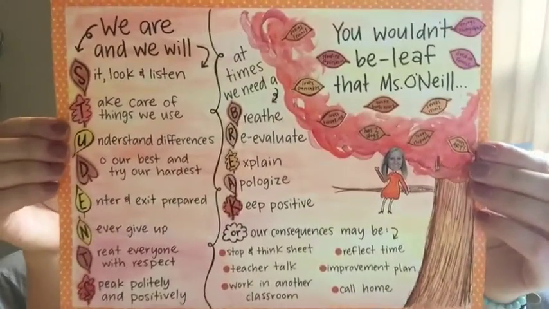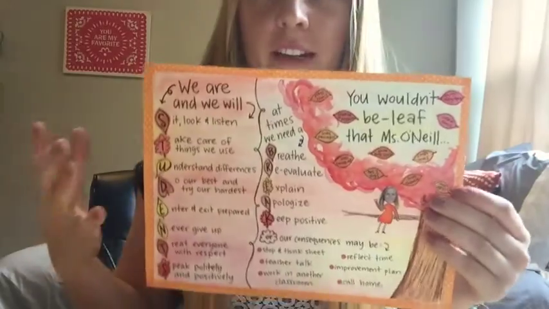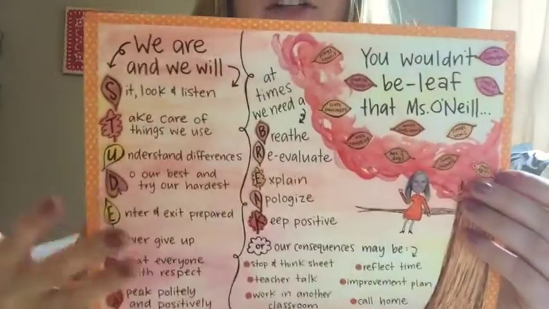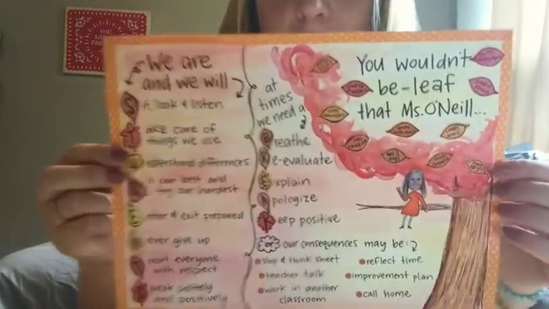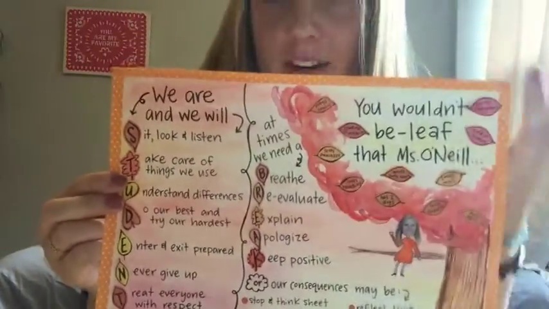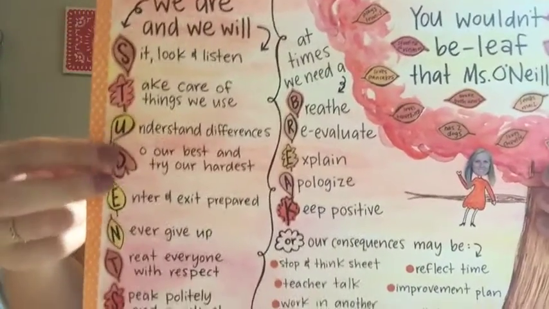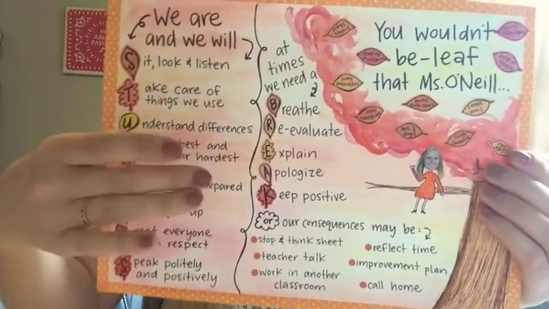Overall, I wanted the board to look really friendly and fun. I'm a really creative person and I love art, so I chose to paint it and make it look like this. I did the watercolor and the leaves on my own. I thought that it would look really good to have the main letters of the acronym stand out, as well as the little parts about me.